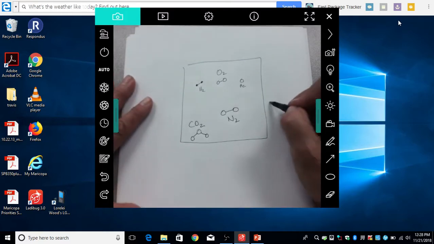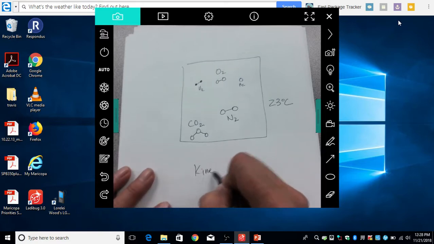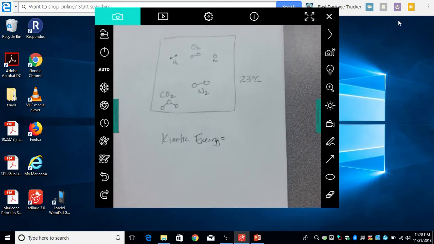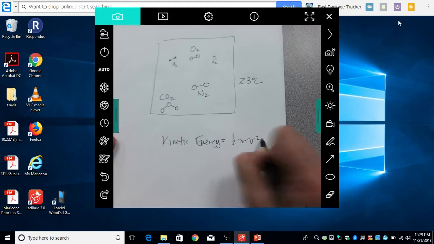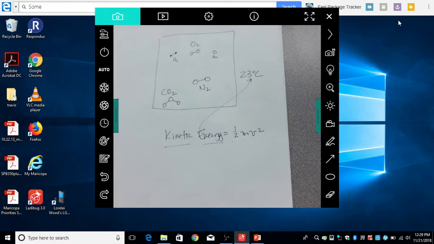All right, if they're all at the same temperature, say they're all at 23 degrees Celsius, they all have the same kinetic energy. But what did Einstein say kinetic energy was equal to, his famous equation? Equals mc squared. Well, it's 1/2 the mass times the square of the velocity. He was talking specifically about kinetic energy here. So 1/2 the mass times the square of the velocity gives you an idea of kinetic energy. Well, if we say kinetic energy in this case is measured by the temperature, are they all traveling at the same, well, let me ask you this question even before we ask you that. Do they all have the same mass, all those molecules?